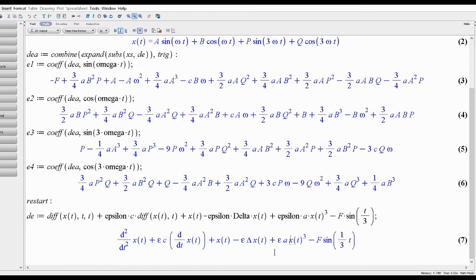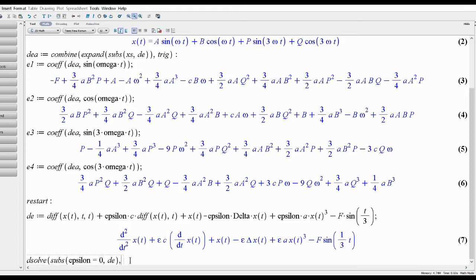Okay, so now over here, what is my basic solution? My epsilon equals 0 solution. That's what I need to find out. Okay, so when I look at my epsilon equals 0 solution, I can even do that with Maple. What I can do is I can substitute epsilon equals 0 in dE, and then I can say dsolve